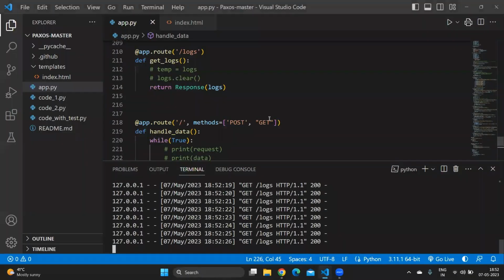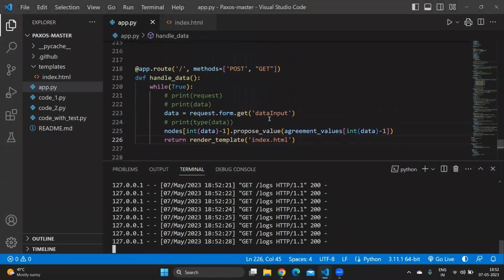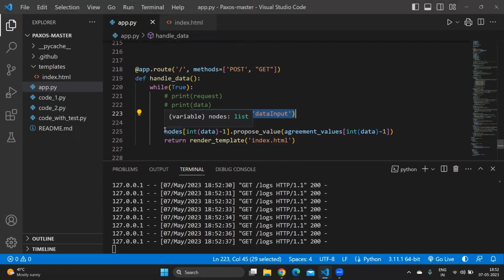This is happening using this function where data is a variable that takes in what we've clicked on the front end, and that is passed to this propose value function that we have implemented above in this class known as node. And whatever the result is, it is returned to the front end using this function.